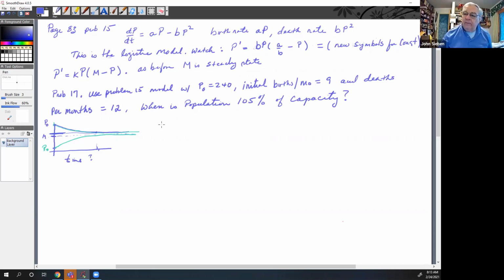Now, what do we know? We know that from problem 15, A, P0 would be equal to A times, and P0 is given in this problem as 240, so A times 240. And that would imply that A would be